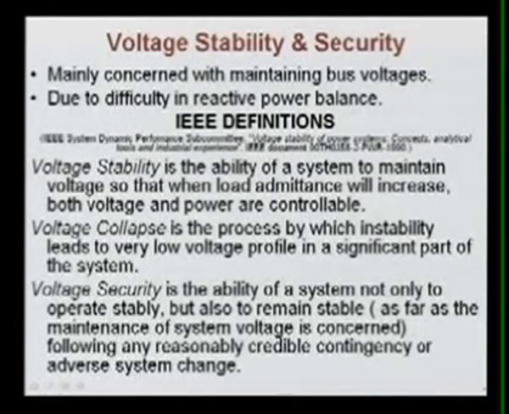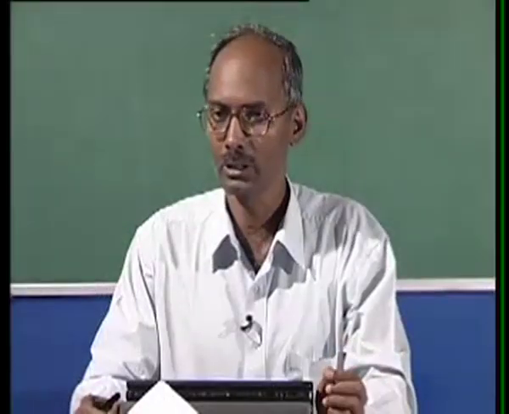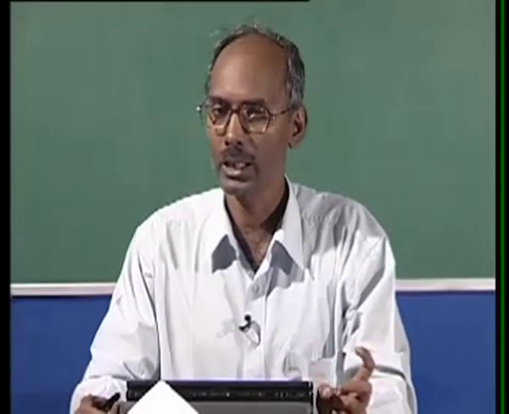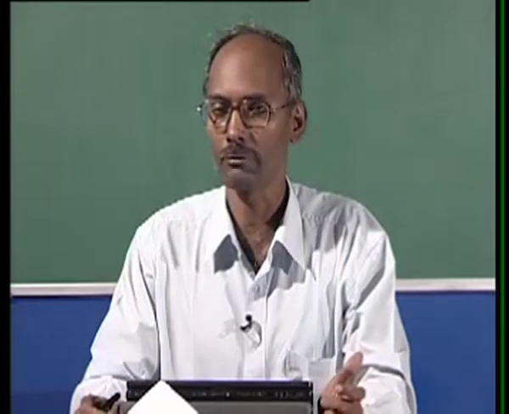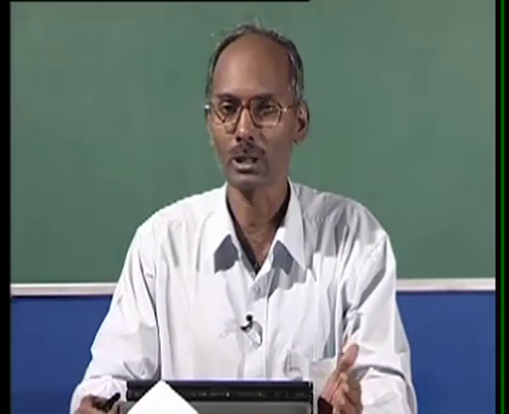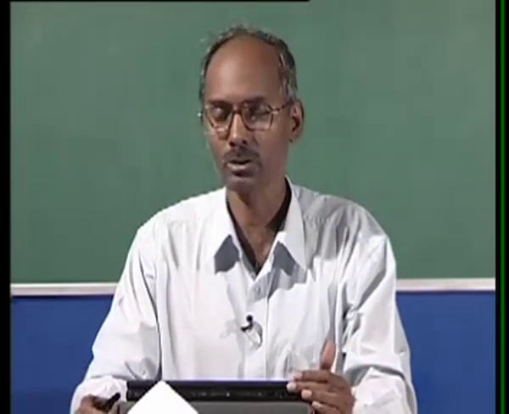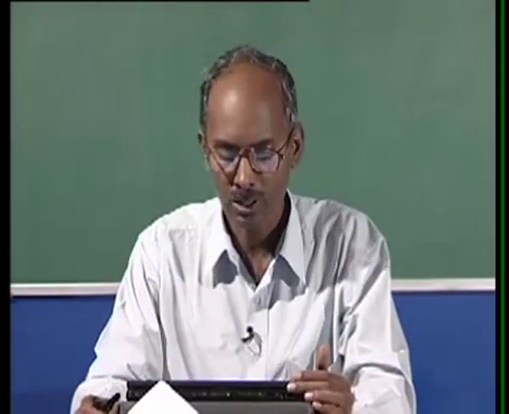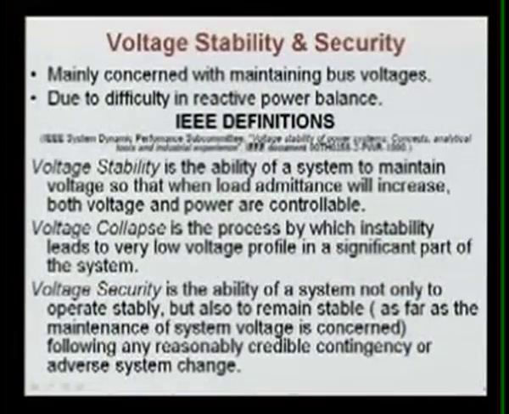In those, that is your angle stability, as you saw, we were looking at the angle, or you can say the speed deviation of the machines. So it was known as the angle stability. Here we are concerned about the bus voltages of the system. Due to difficulty in the reactive power balance, means provision of the reactive power, this voltage stability comes into the picture. As per IEEE definition, and this IEEE formed one dynamic performance subcommittee, and that working force gave one IEEE